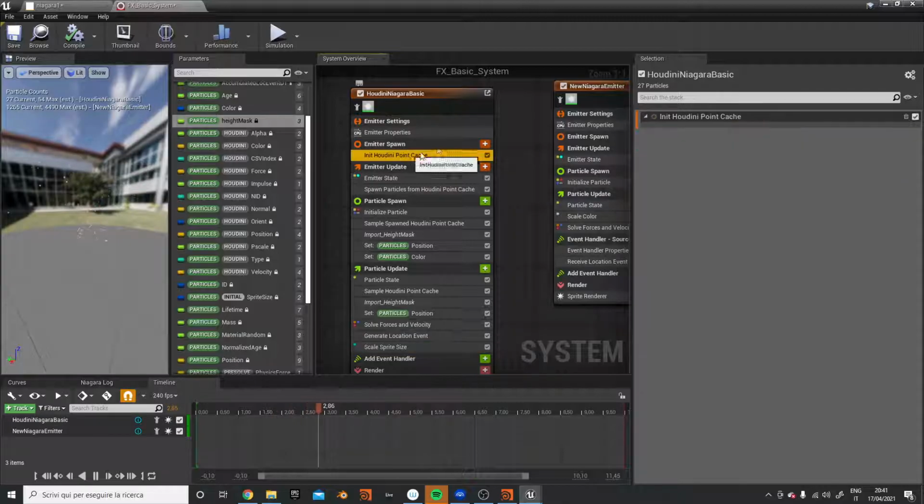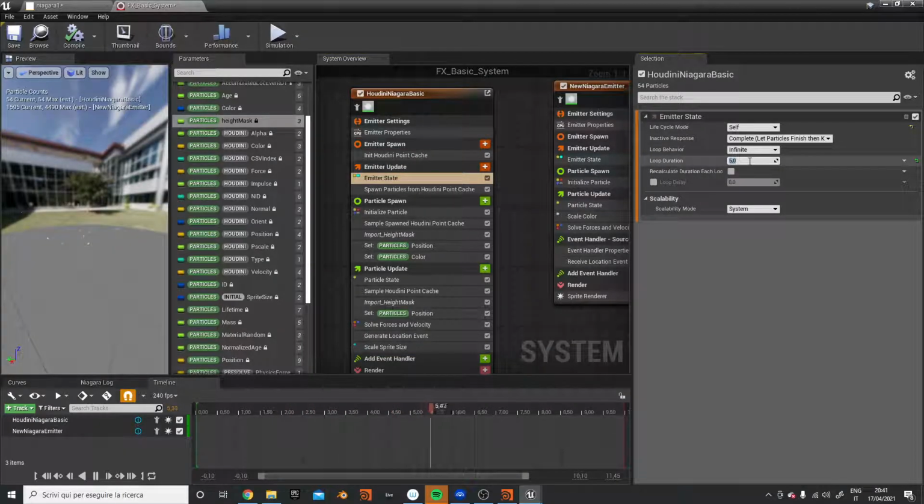So probably you will see that it doesn't correspond because we need to sample 10 seconds. And so in this way, you can see that it corresponds to our original point cache. But we can also say, for example, just get rid, just to check. And if we make like 5,